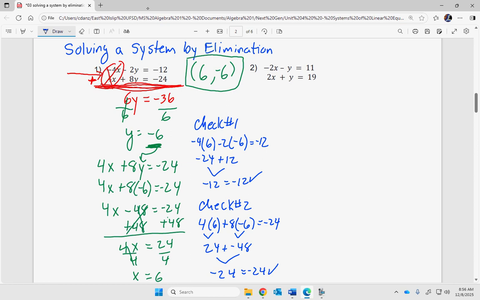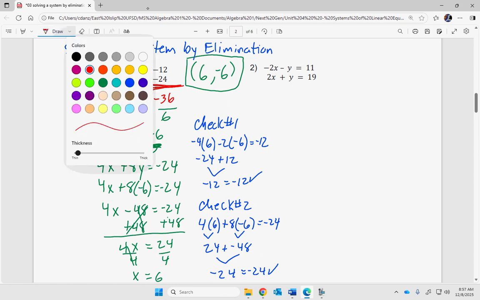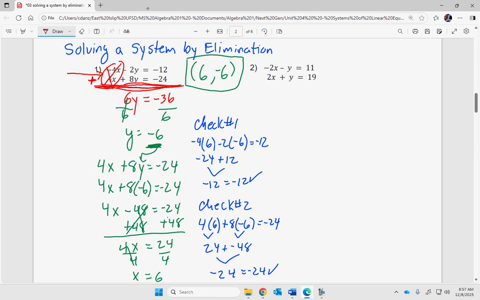Number 2 is actually super quick. So let's just do number 2. Is everything lined up? Yep. Do I see opposites someplace? Yep. So put a plus sign and draw your line, and let's add these. Since they're opposites, they eliminate. But,